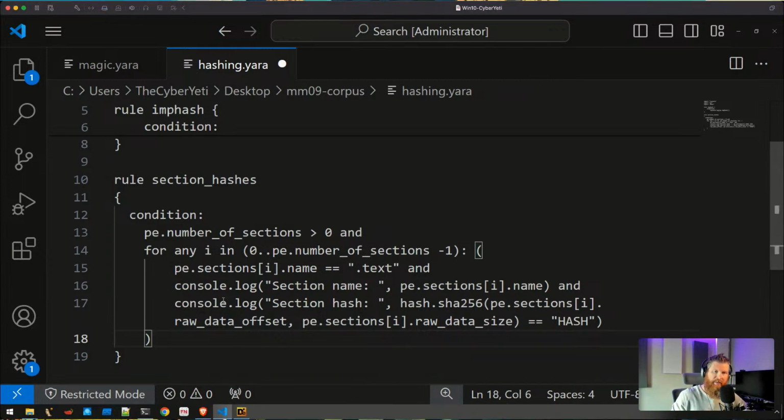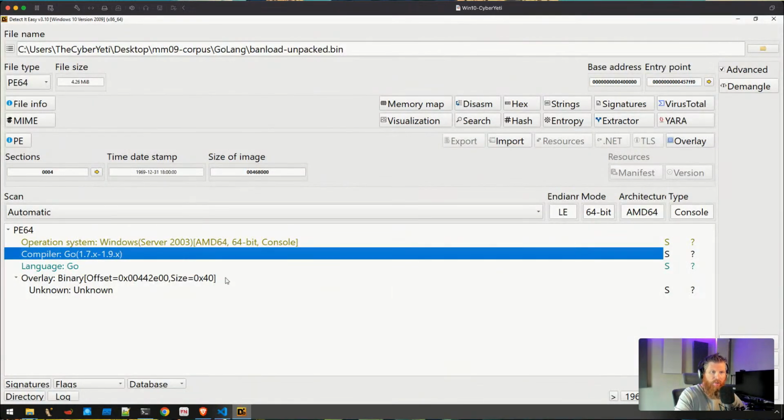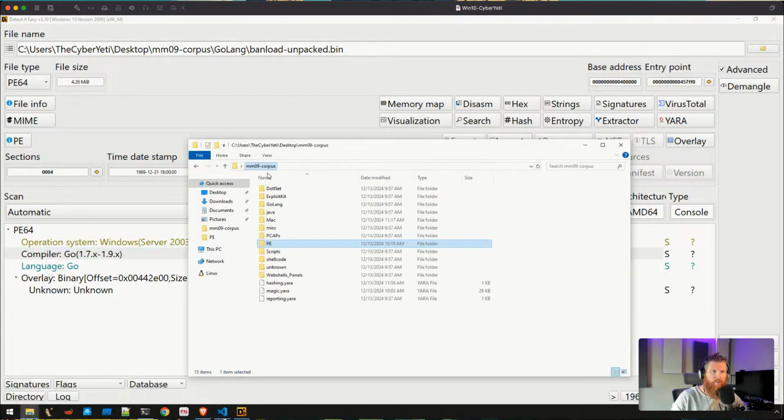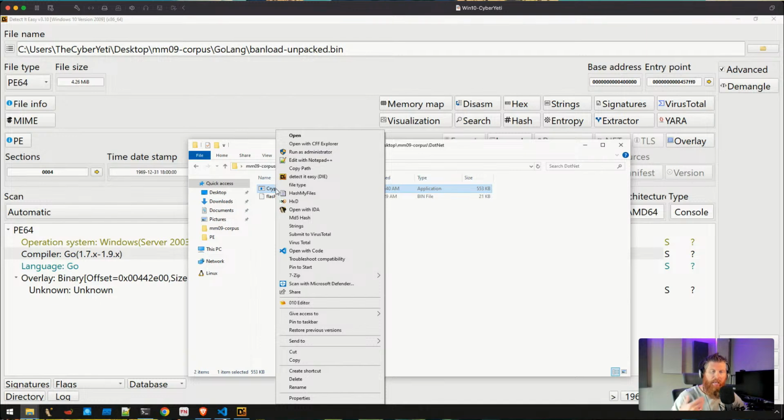Okay, so that's kind of it, right? File identification and hashing. That was the basic stuff I wanted to talk about. We spent some time talking about the file utility, a little bit with Magika, a little bit with Yara, and then using tools like Detect It Easy. There are plenty of tools out there. PE files just happen to be, I think, the most prevalent because there's so much malware that is designed for Windows. But there are other tools that will help with file identification when it comes to, for example, .NET. If we start poking around .NET binaries, I think a really great tool for this, although it's just not typically part of my workflow unless I have a very specific reason,